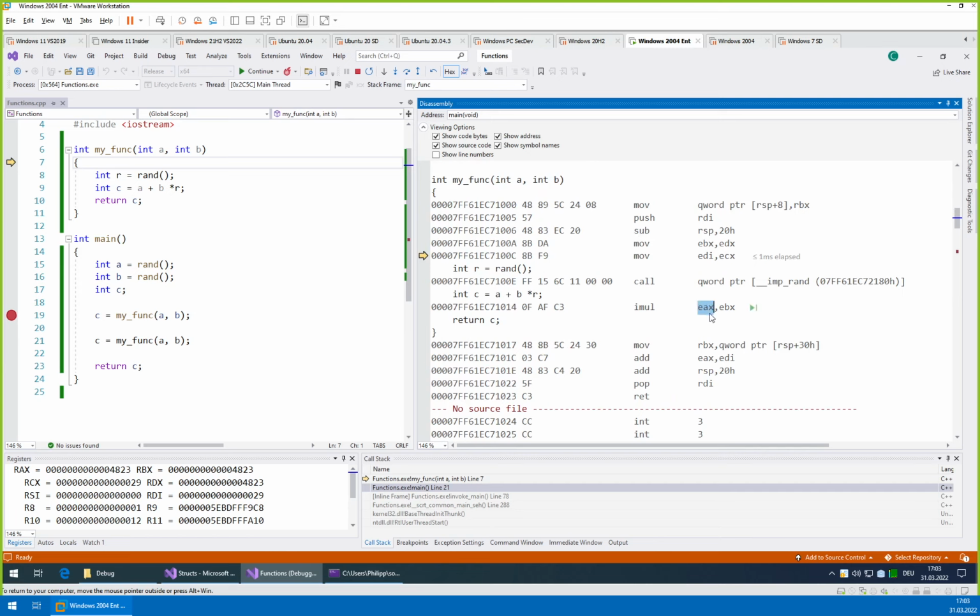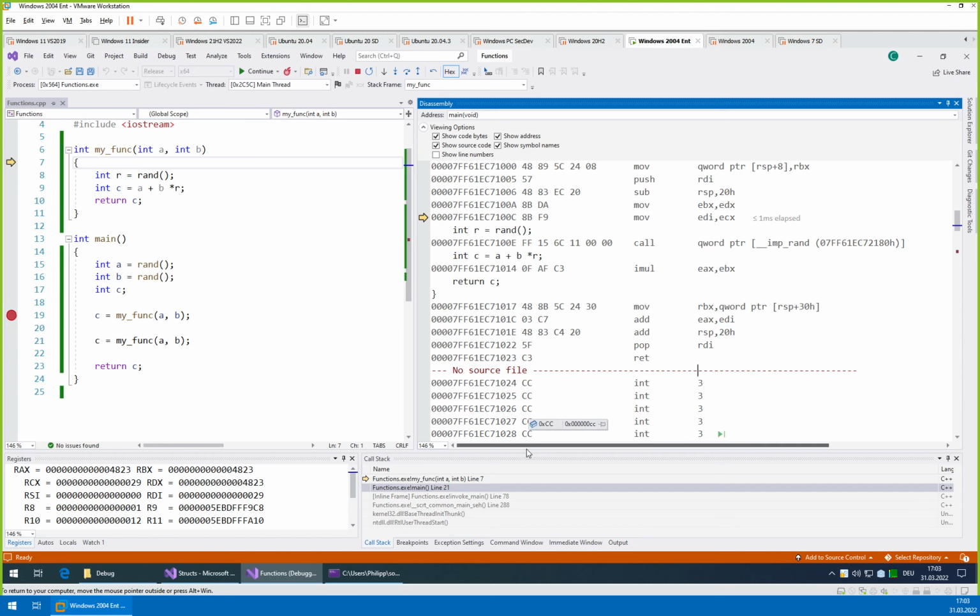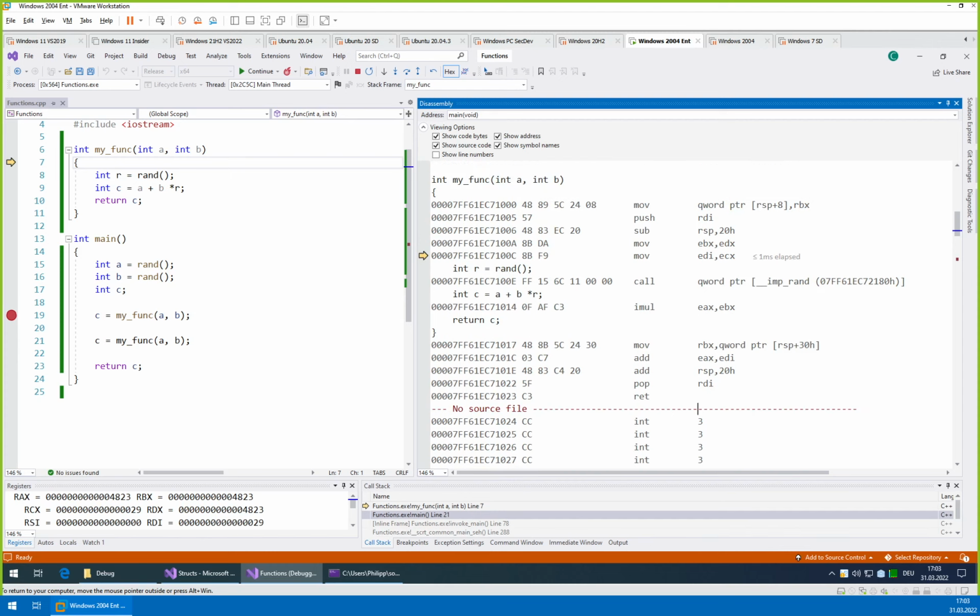What do we have in EX? Move, subtract 20, multiplication, return. Here is the add. Yeah, the code is no longer really well aligned with the individual lines, so it just put it somewhere to work, but in principle it does everything it needs. So it calls the rand function. The result of this, as I said, will end up in the RAX register, or EAX register, since it's only 32-bit. It will multiply it with EBX, which it filled with